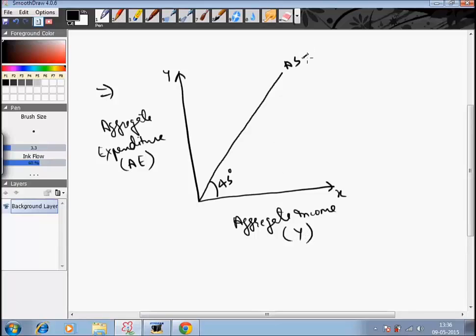Fine. So we can also say that AS is equal to AE, that is, aggregate supply is equal to aggregate expenditure. Now the second point to be noted here, this is the first point, that is my aggregate expenditure will always be equal to aggregate income, and the aggregate supply line which I am getting is a 45-degree line. The second point which I need to note here is that according to Keynes,